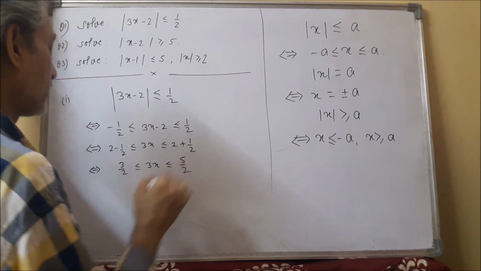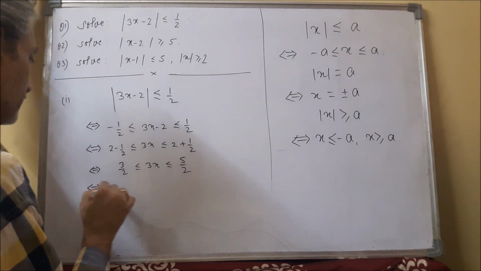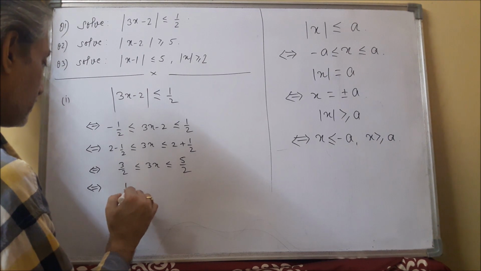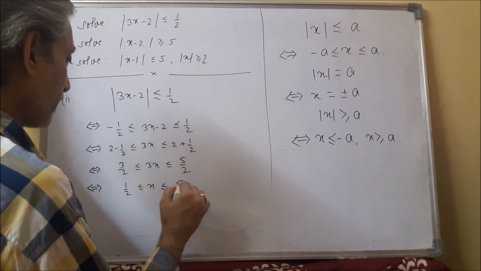So we are getting this. Now I am dividing throughout by 3. So we are getting this,